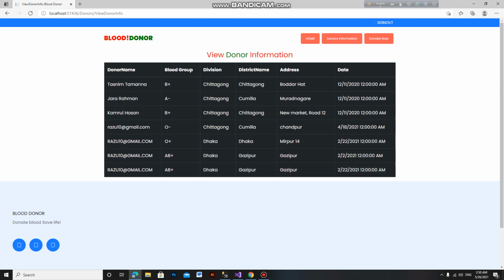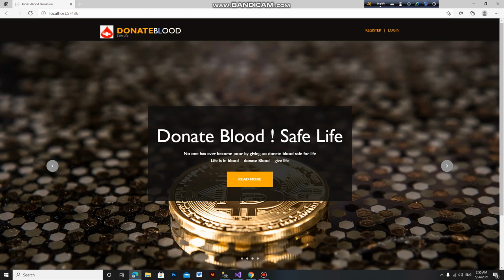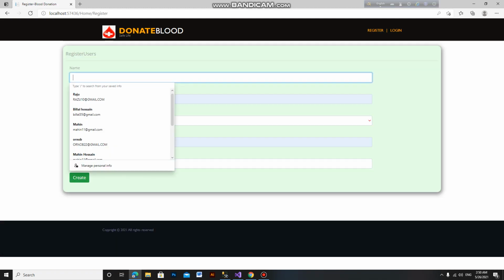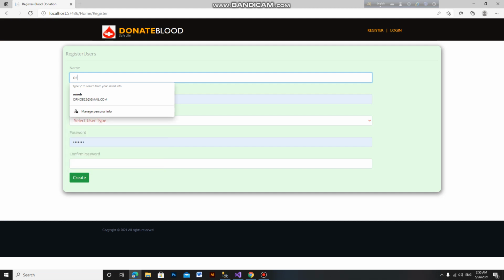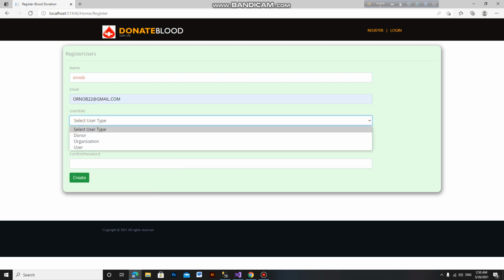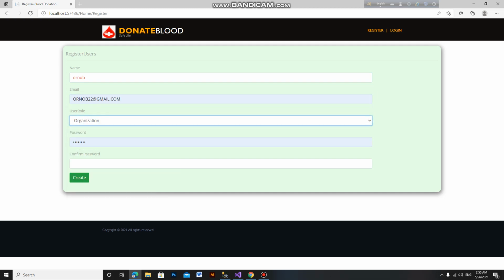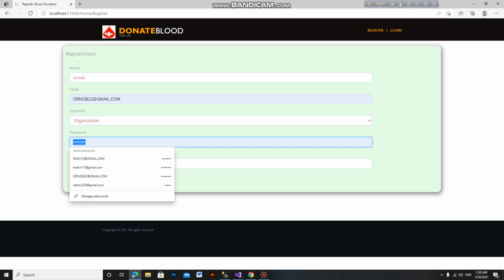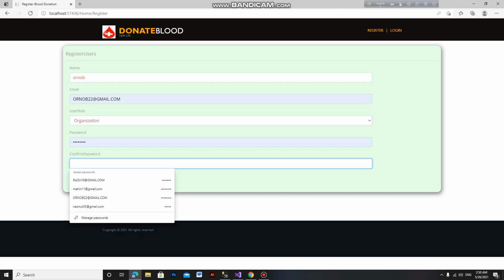So now I can show how to create an event for an organization. So we go to the registration page, and organization name, and organization email, and select organization, it must be organization, and select password input and confirm password.